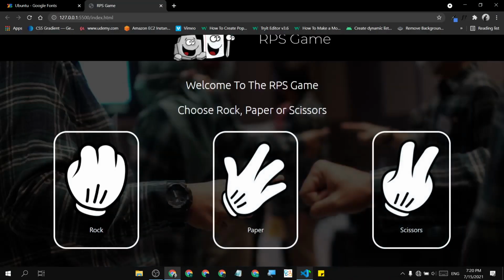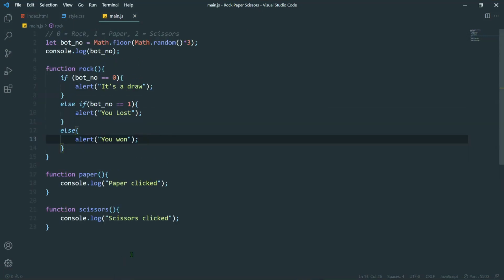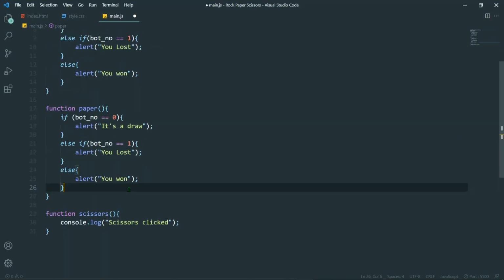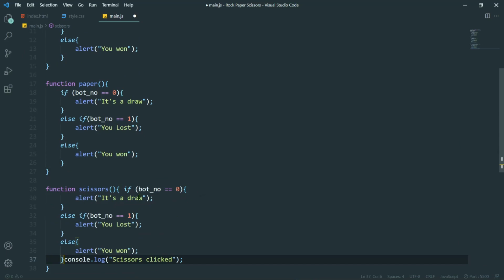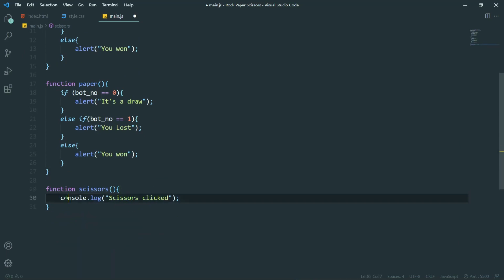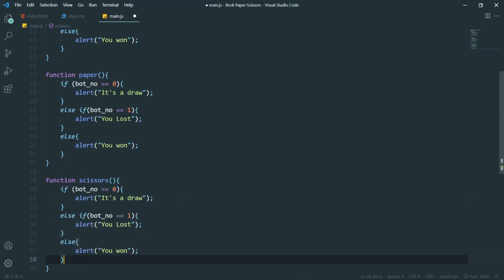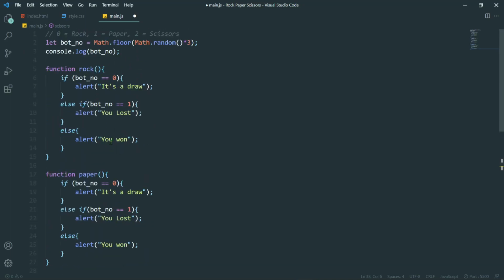Okay, so you won, and after that we are going to copy just this, and we are going to paste it in paper also, and we are going to paste it in scissors also. But now we are going to change it a little bit. If it is 0 in paper, if it is 0, then you won. Why? Because